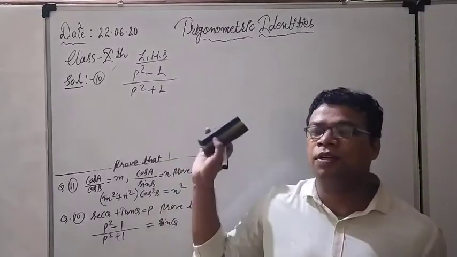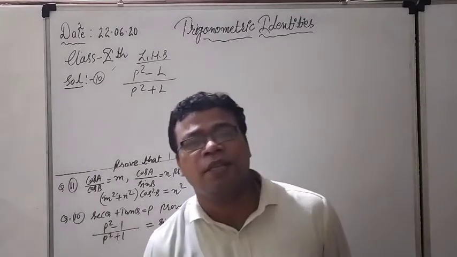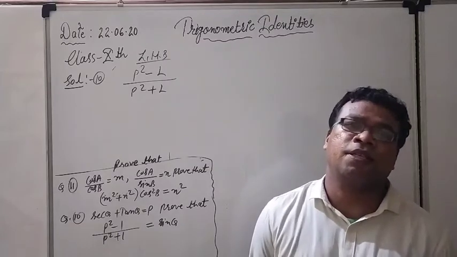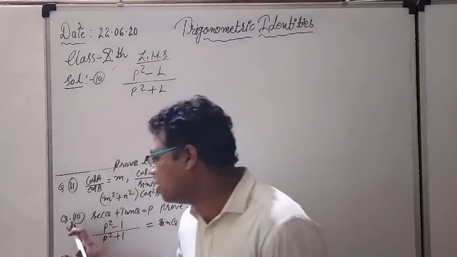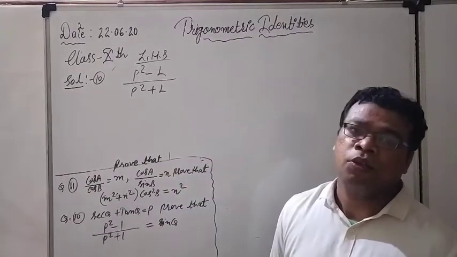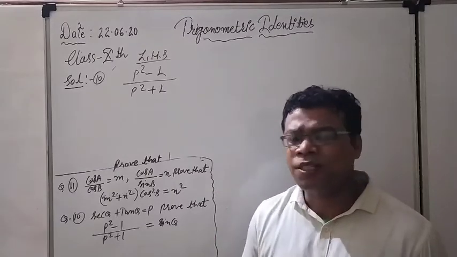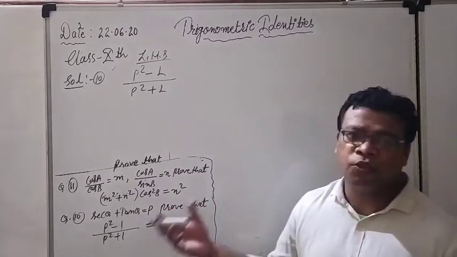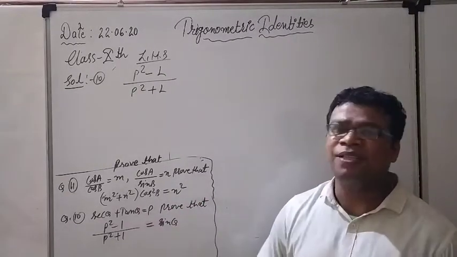We have started our second chapter, trigonometric identities, for class 10th, and here we are going to solve many different kinds of practice questions for you. In the same series we have reached question number 10 and 11. Both questions represent different categories. The question is the same, again we have to go for the proof, left hand side equals right hand side. But the question format is a little changed.